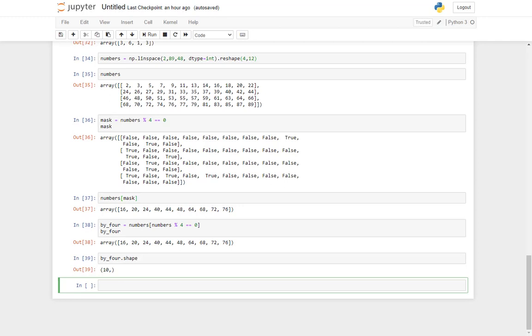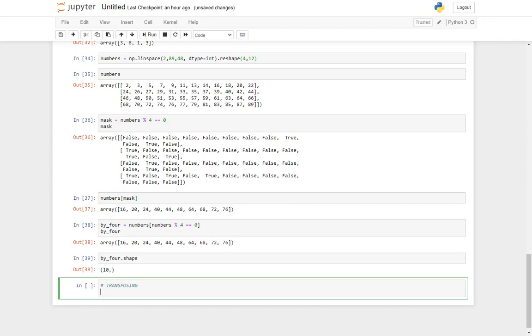So next we are going to look into transposing. How do you convert a column vector into a row vector and a row vector into a column vector? So now let's say we already have an array.